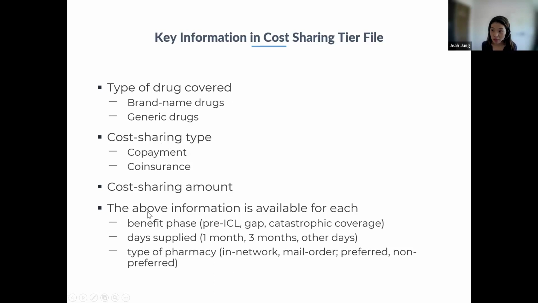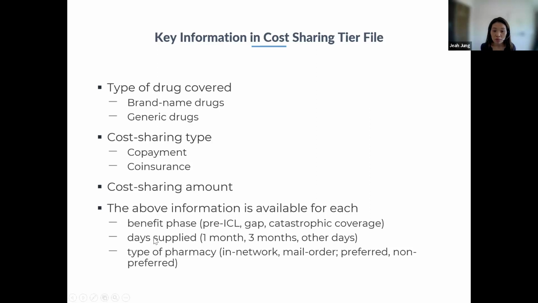In addition, this type of information is available for each different benefit phase. So plans might, I don't know how frequent that is, plans may create different tier structures depending on benefit phase. That's possible. So you can see this tier information by benefit phase, and even within benefit phase, for example, pre-ICL,